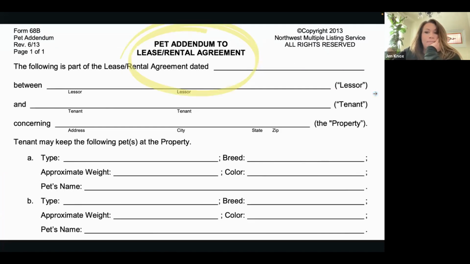Okay. There are things you can add. Basically, the Northwest MLS has a pretty strong stance that nothing on either 65A or B should be modified in any way. So just check the boxes that are on there. And if you need to change anything, they have separate addendums that you can attach to this. One of them is the pet addendum if you want to make rules about which pets are and are not allowed. I just brought it to light because these forms are kind of obscure and not used all the time. And then the second form,